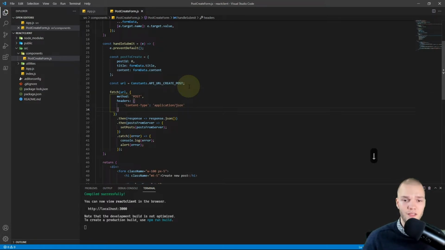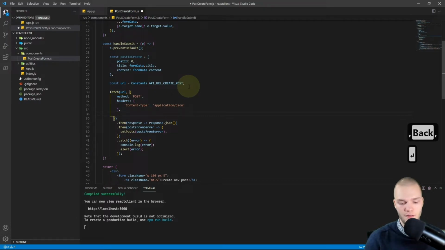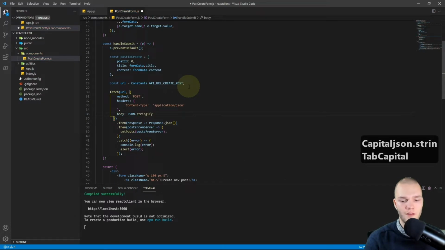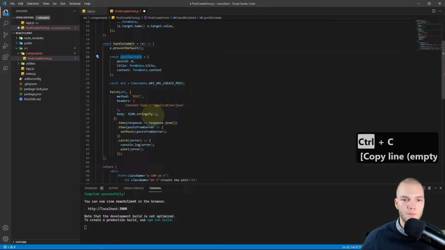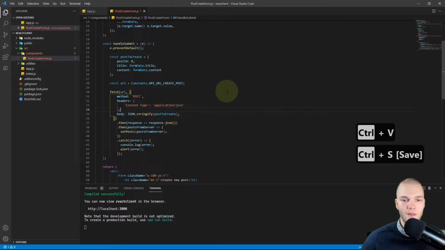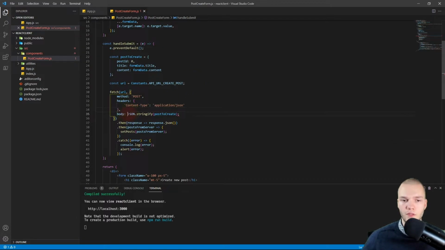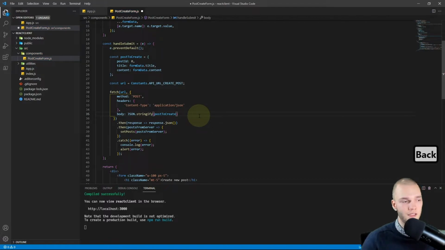And I believe this is necessary if you're sending JSON up to a web API. I'll just add a comma below that, and then I'll set the body to JSON.stringify, and we're going to send up this postToCreate, and this will convert it to a JSON string, I believe, and we don't need the semicolon.